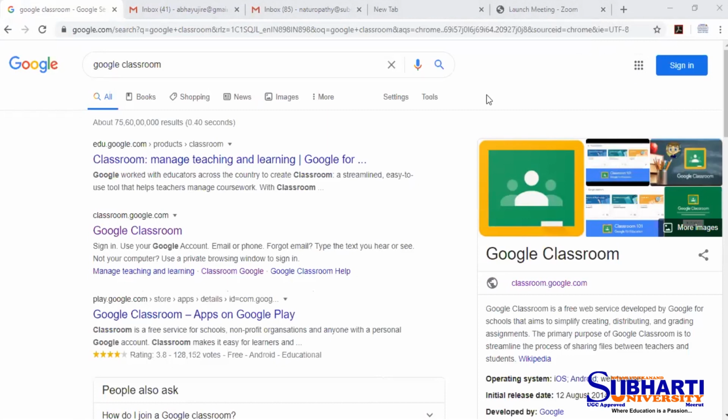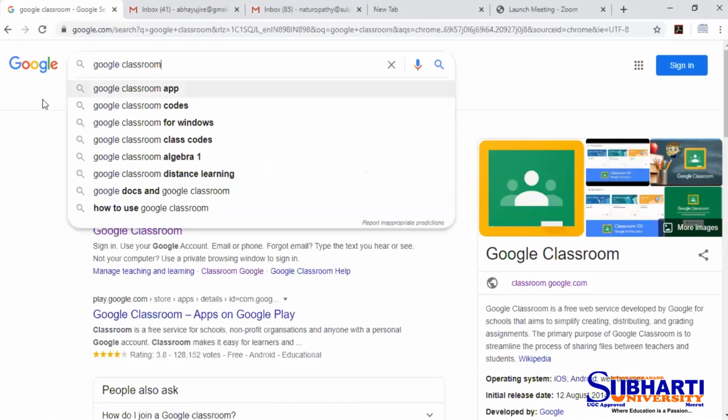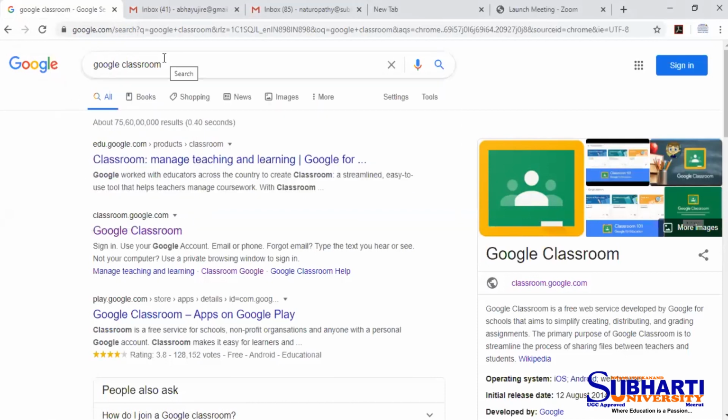What we commonly know as Gmail or Google account is very important to log into this app. Google Classroom can be accessed by the teacher and student, and both should have a Google account. Otherwise, it will not be possible for them to access. First thing is that.